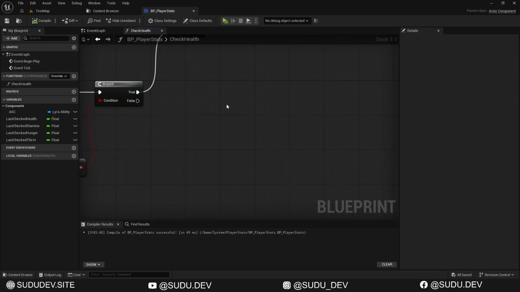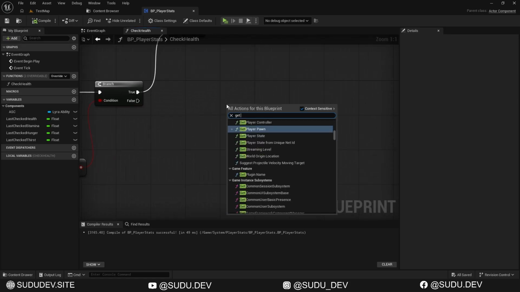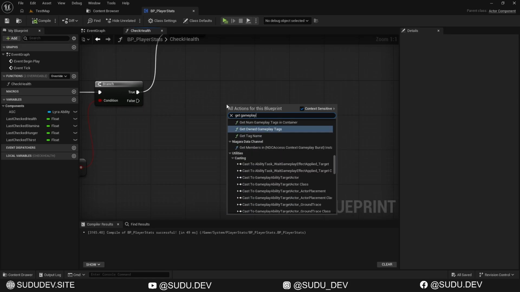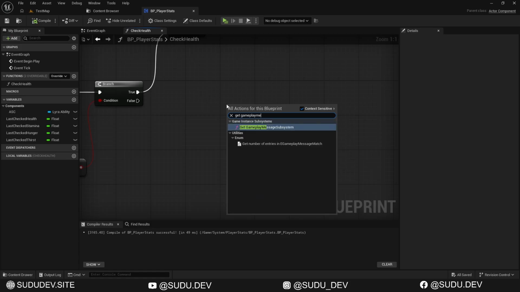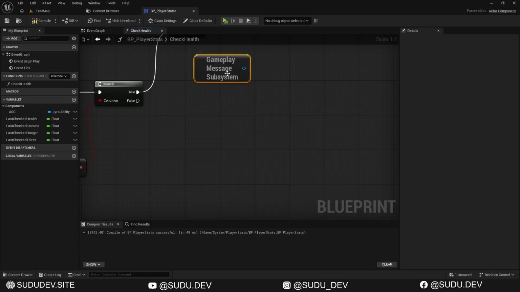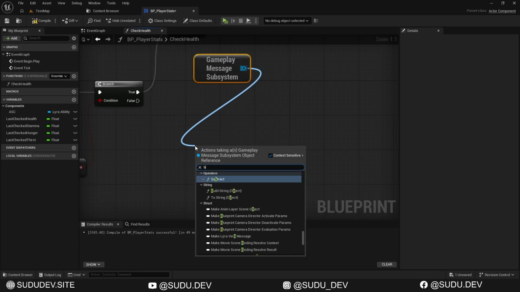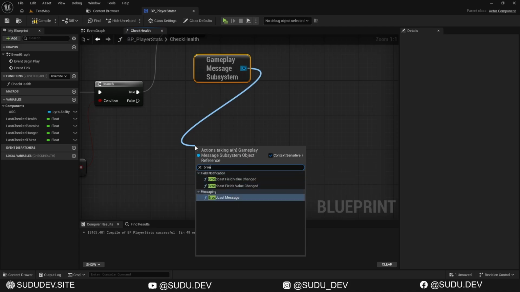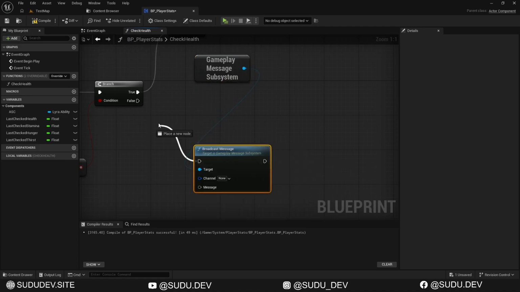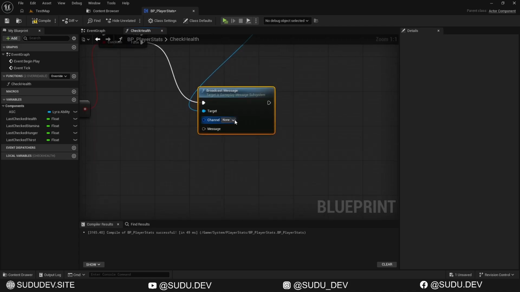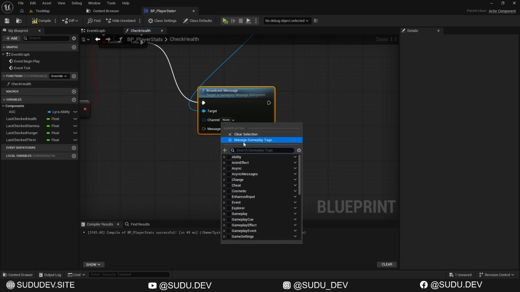And here we're going to get gameplay message subsystem, and we go to broadcast message. And this message, so here we're gonna click plus and we're gonna add a new one, which is player